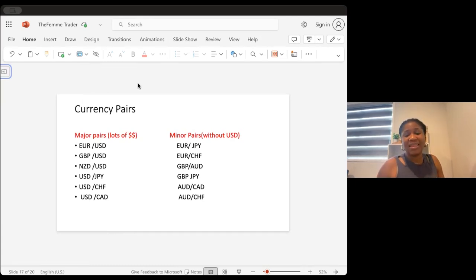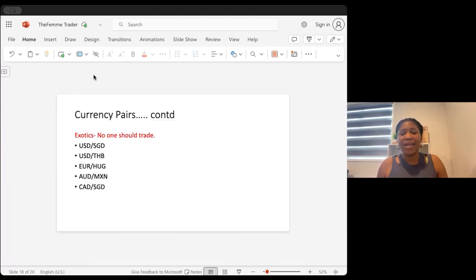These are the currencies that you need to be trading. They are the major ones, and they are the ones that are volatile in the market, and you should be concentrating more on this one. As a beginner, I would recommend you to look at the minor pairs first of all, and when you are going well with your trading, then you can be mixing up with the major pairs. So the major pairs are the ones with the USD, and the minor pairs are the ones without the USD. All right. So the USD ones are quite volatile, and the ones without the USD also move the market, but not as much as the pairs with USD.